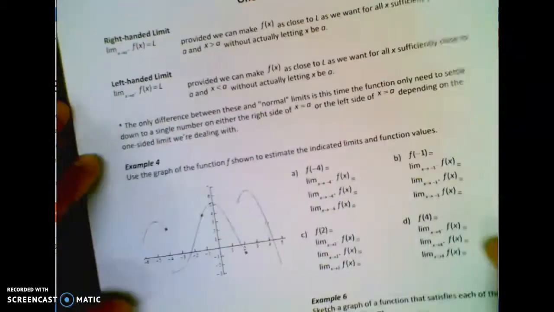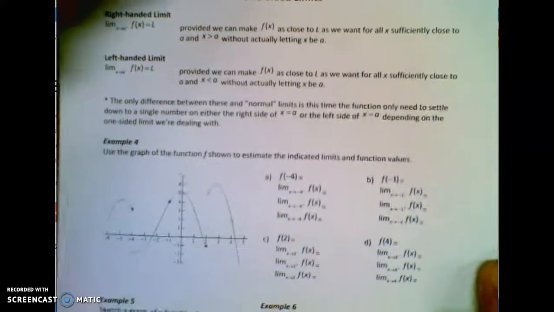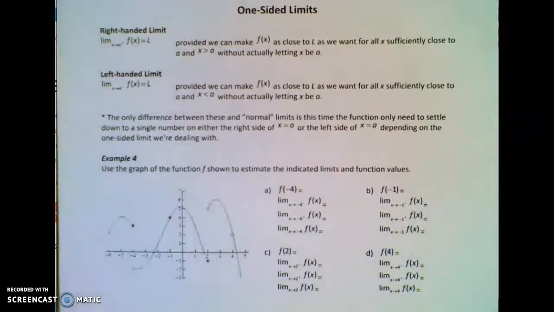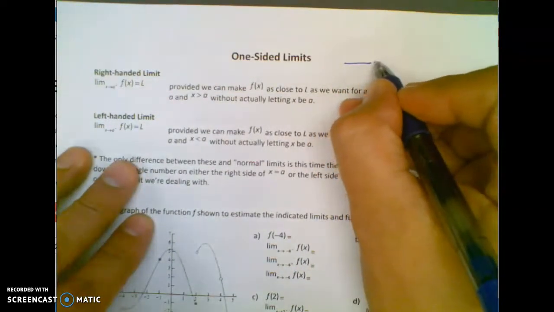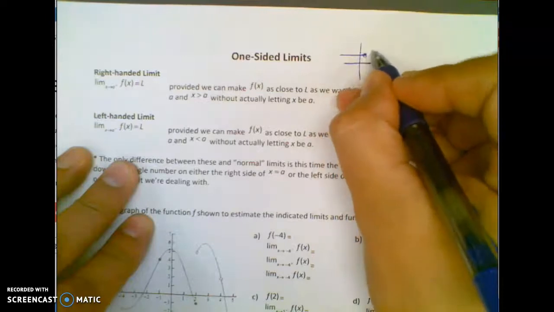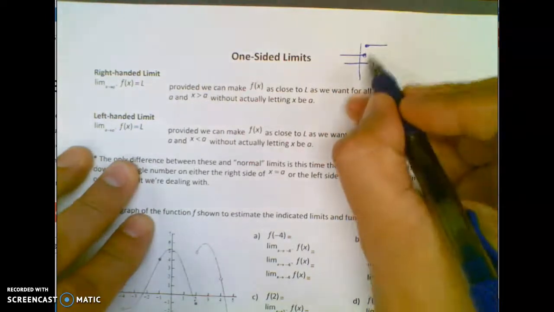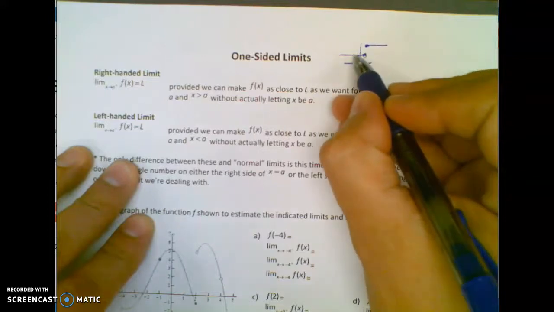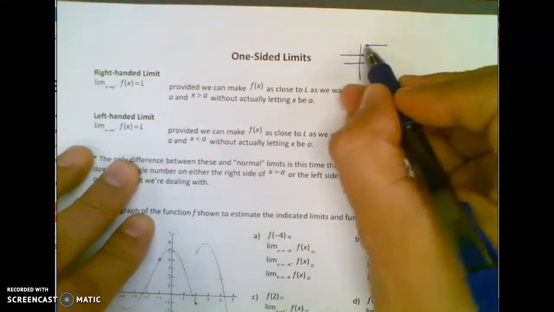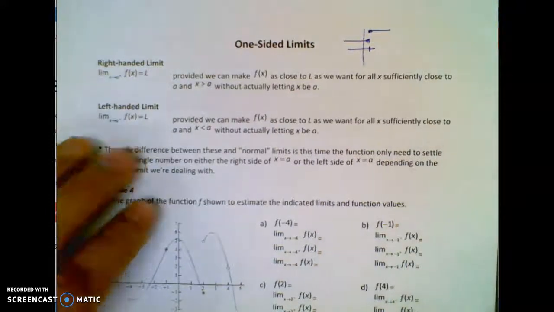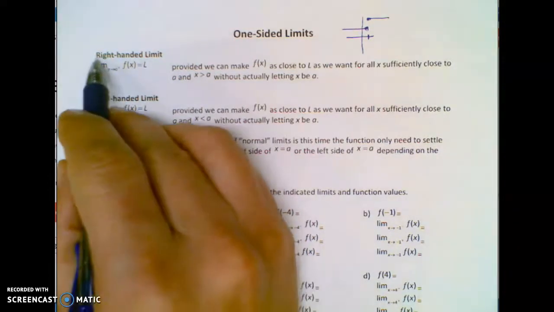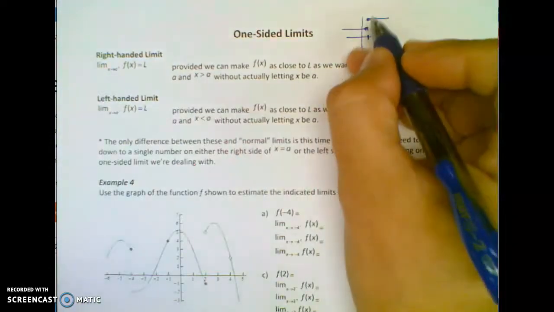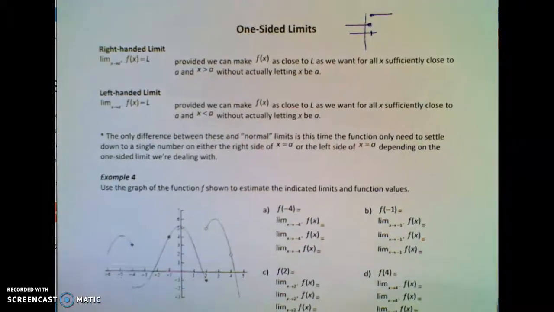Now we're doing the one-sided limits. You know how normally if a limit was going to exist, it would have to be the same number from both sides squeezing in? So we said in class, this step function wouldn't have a limit here at x equals 1 because it's a different number from the left than it is from the right. Well, we mathematicians didn't like having to say does not exist so often, so we made a new rule. We're like, hey, if you want to, you can take the limit just from the right side or just from the left. And if you notice,